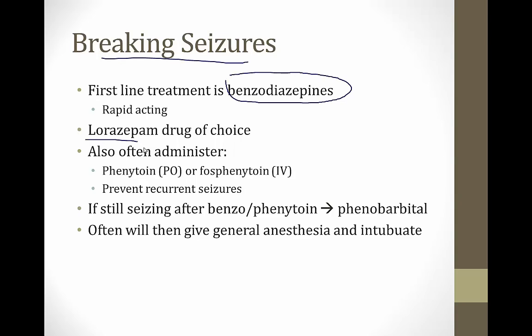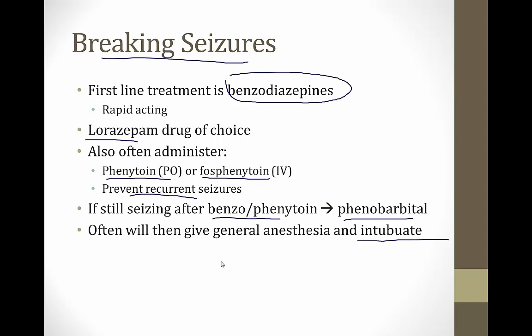Now, if the lorazepam is not working, you'll sometimes administer phenytoin or fosphenytoin, which is the IV version of phenytoin. We'll talk more about phenytoin in a few slides, and this will help prevent recurrent seizures. Now, some patients will still seize after they've been given benzos and loaded with phenytoin, and then you can try phenobarbital, and if that doesn't work, we often have to give general anesthesia and intubate the patient because the recurrent